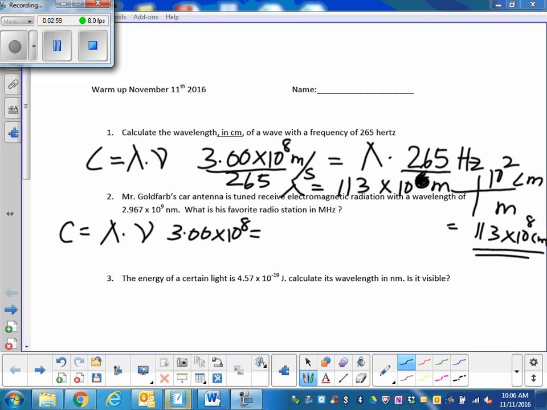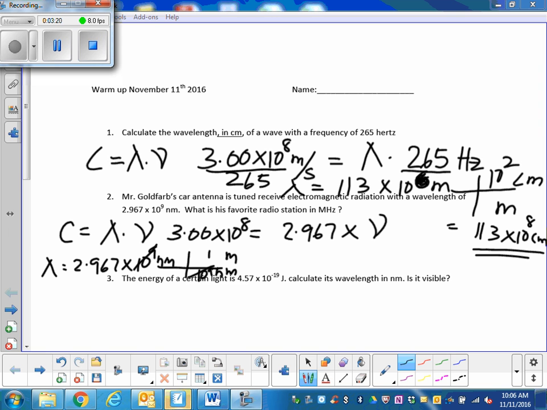So your wavelength is 2.967 times 10 to the 9 nanometers. I want to get out of nanometers into meters. Isn't 10 to the 9 nanometers a meter? So can you just get rid of the 10 to the 9? All right. So your wavelength is